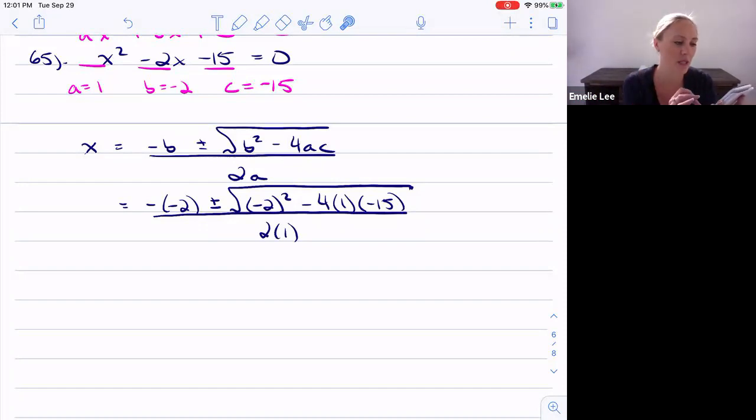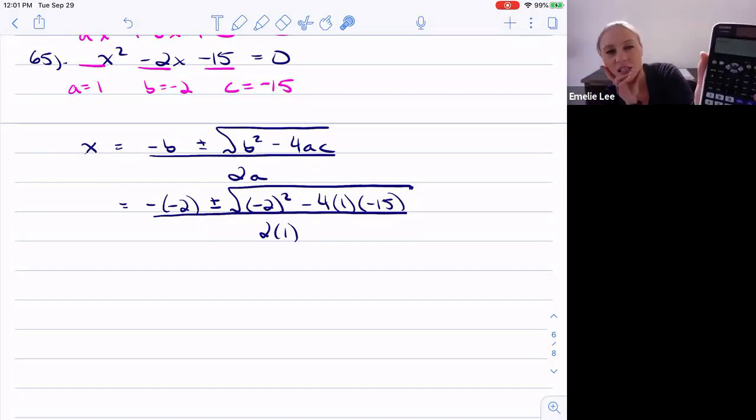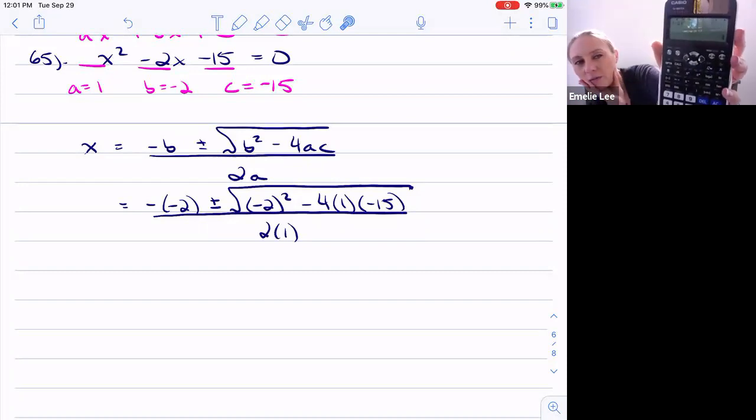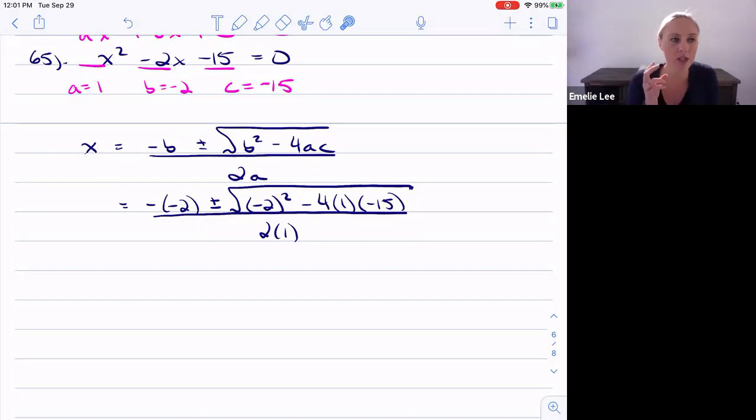So the problem is that I have to do square brackets negative 2 and bracket then to the power of 2, right? Then I get 4. So just make sure that if you're taking the square of a negative, you have to get a positive number,